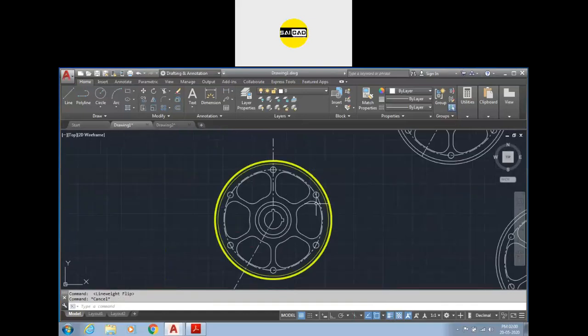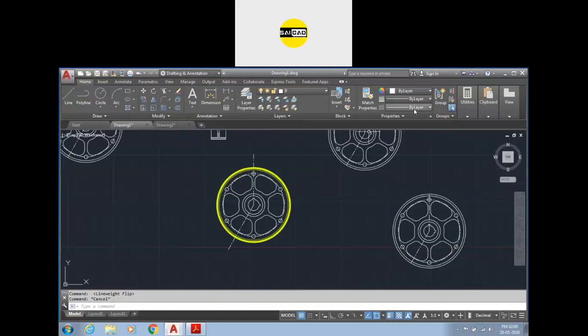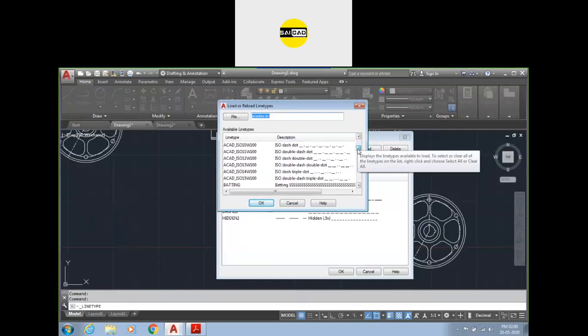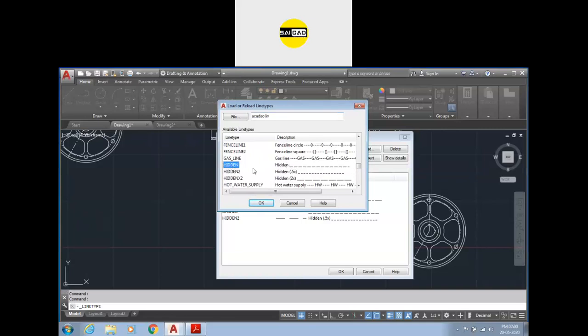The next option, which we have already used, is the line type. We have multiple types we use in the drawing. If you go to the others, you can select it from the list to load. We have all the types of the lines available here. Mostly we use the continuous line, the thin line, the thick line, the dotted line, the center line, the dashed line or the hidden lines. We have everything here.